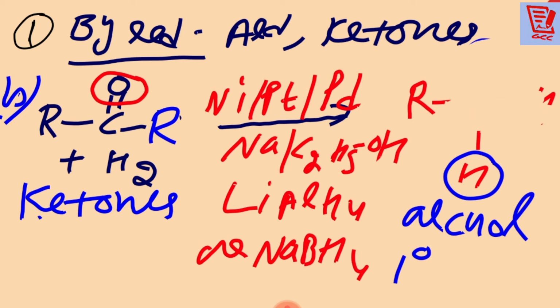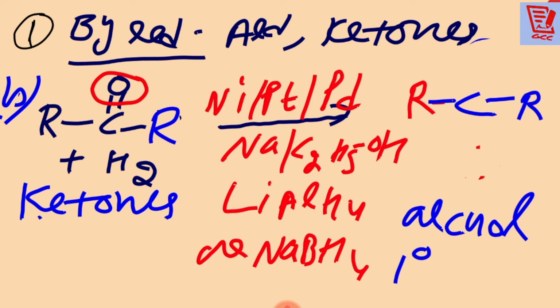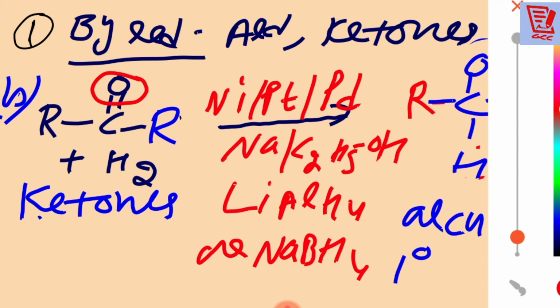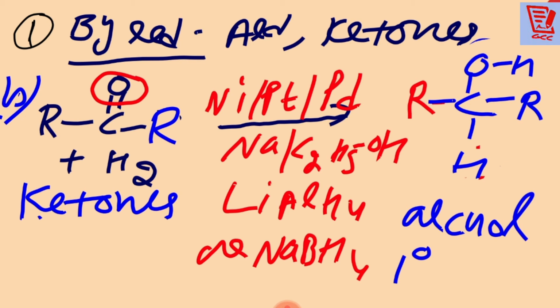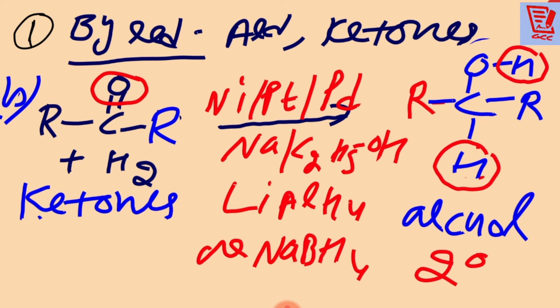Then what is going to happen over there? You must see very carefully. What will be the difference in the product? R is there, then there is also an R, then OH. So what is going to happen over here, beta? See, 2H was there, 1H came here and 1H came down. So now this will become a secondary alcohol. Yes, they will become secondary alcohol. So with the aldehyde we have made primary alcohol, with the ketone we can make a secondary alcohol.